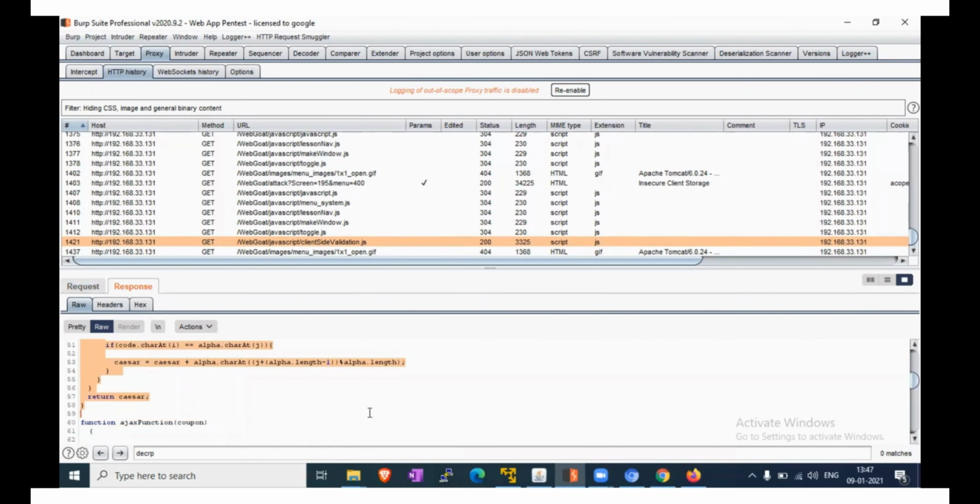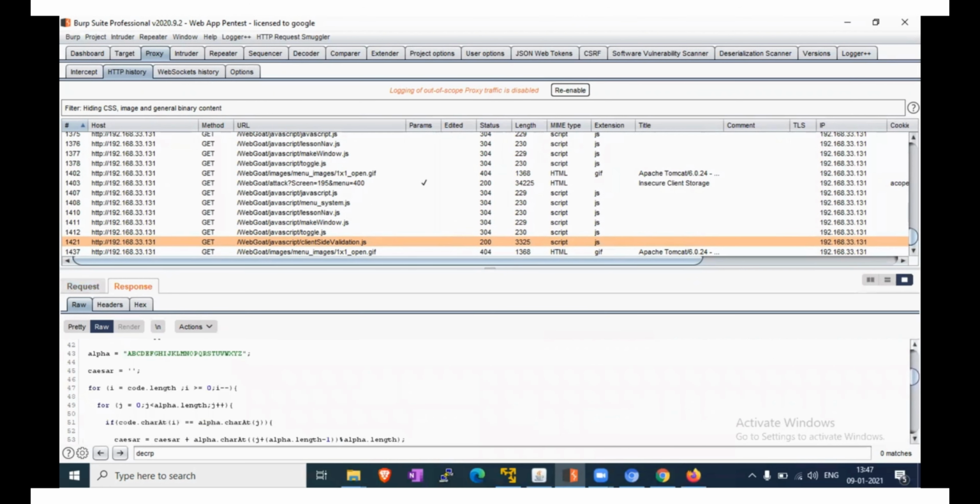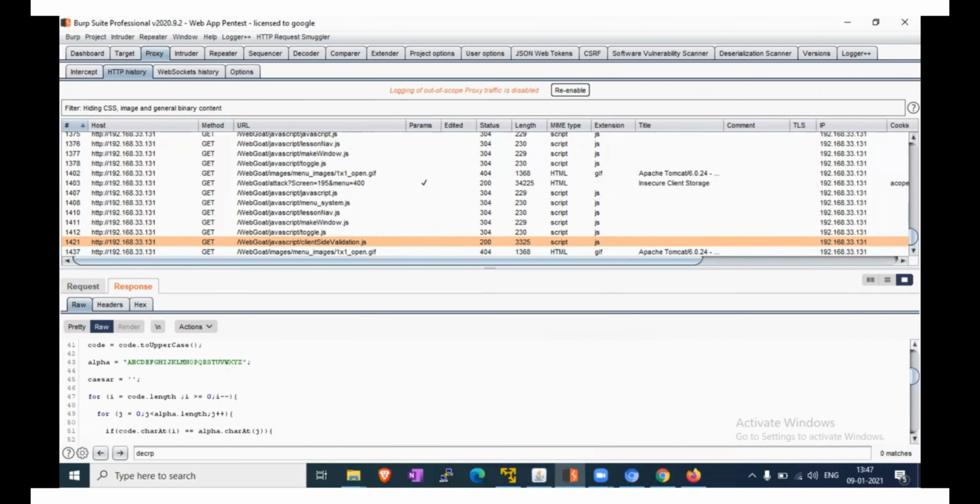So in the browser, we will open developer mode. We see the code length, decrypt, and code is here.